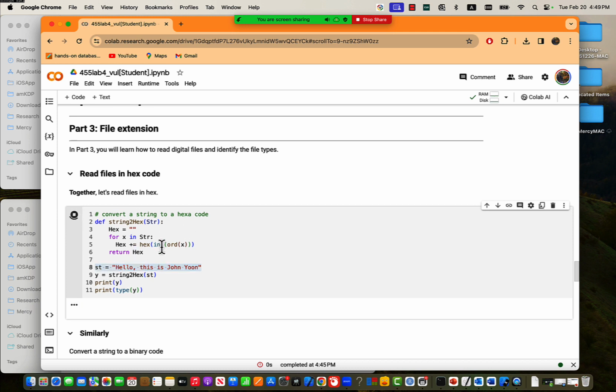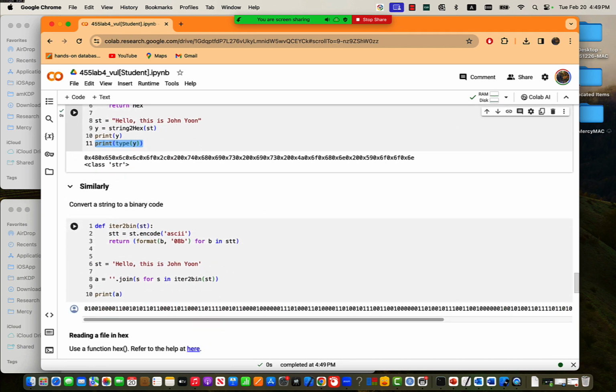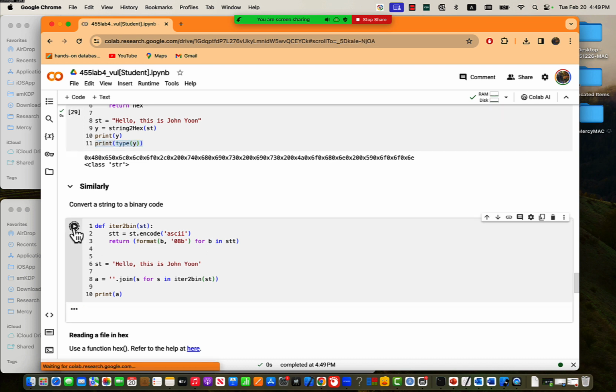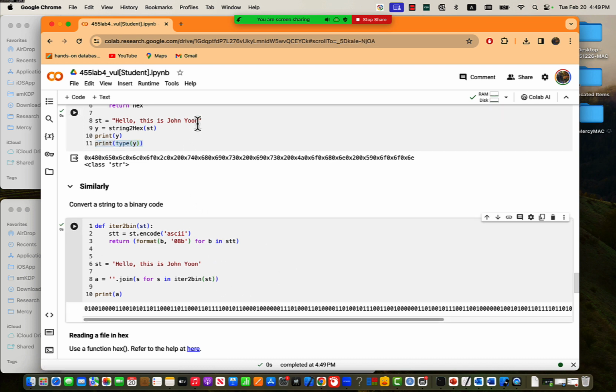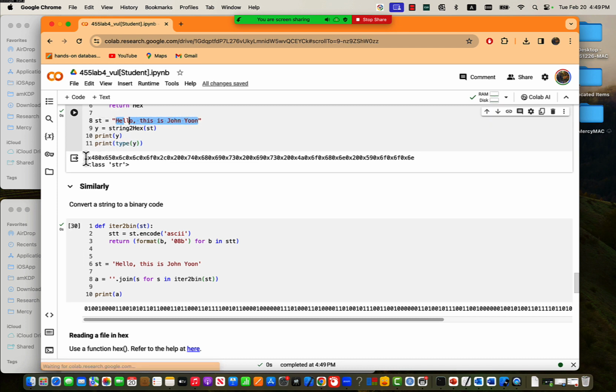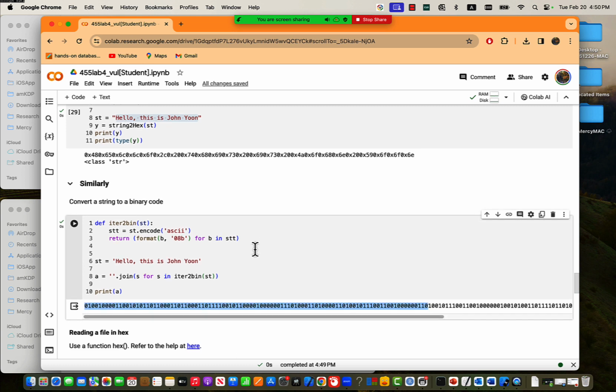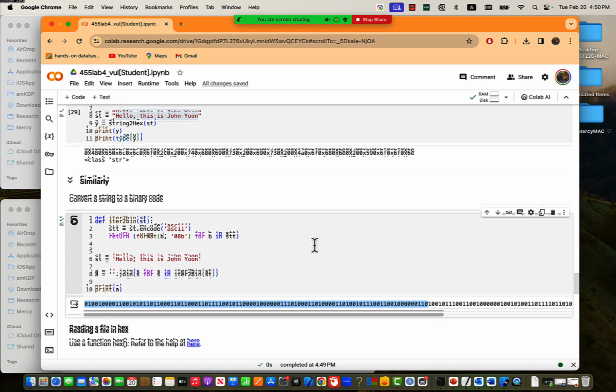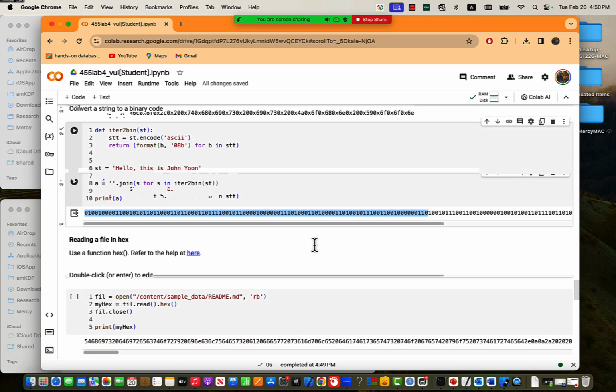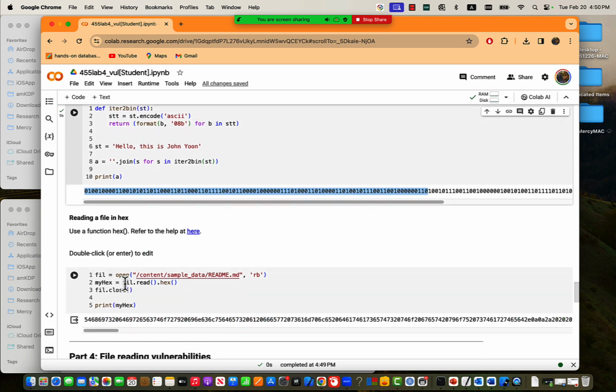That is this. So the type of code is a string. Hexacode is a string. Similarly, binary code can be generated. Same thing, this is a text, but this text can be written in hexacode. The very same thing can be written in binary code. This is simply a code. Given this simple string, then we can convert that to the code. If it is a file, then we can also change it by reading the file